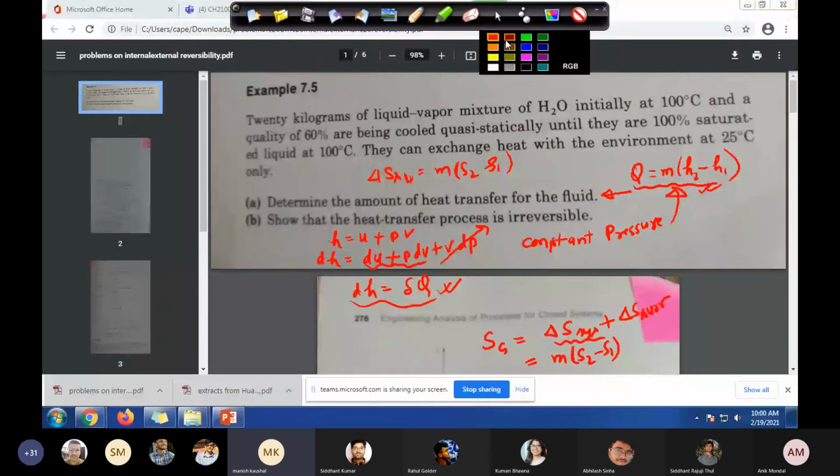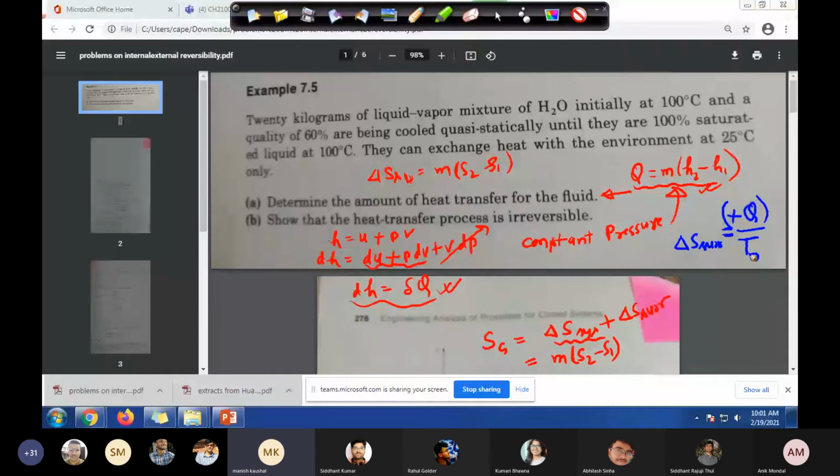So any suggestion, Siddhant? Delta S surrounding, how should we go? Surrounding is a heat reservoir, remember, a thermal reservoir. So for a thermal reservoir, what can we write? Sir, heat. Yes. So heat given to it or extracted from it, whatever it is. We are giving heat, right? Yes, sir. Let's put a minus sign. Minus Q, no, sorry, plus, no? Plus Q, because Q is coming from the system. Yes, sir. Q upon T. Very good. T of what? Environment, T naught. Yeah, environment.